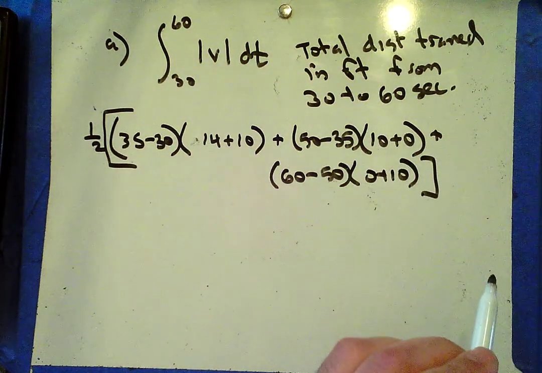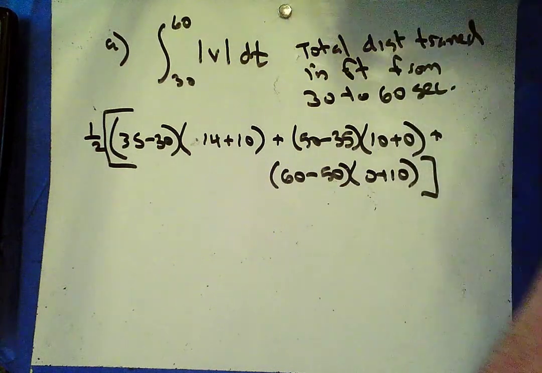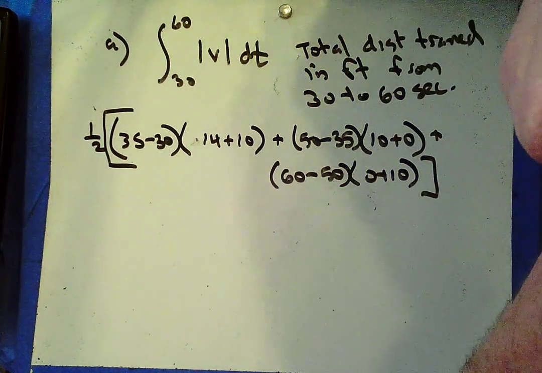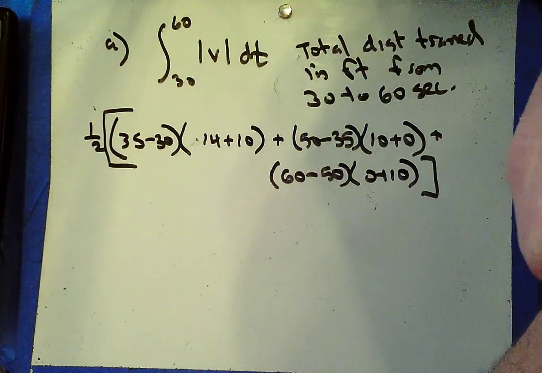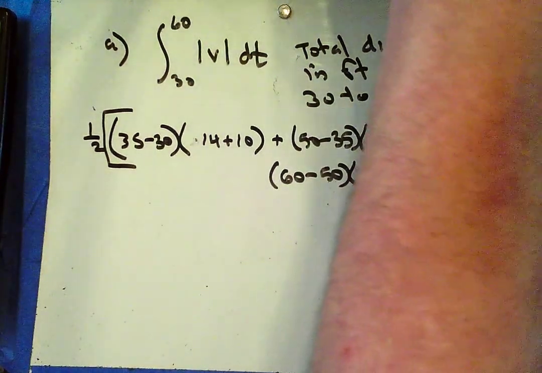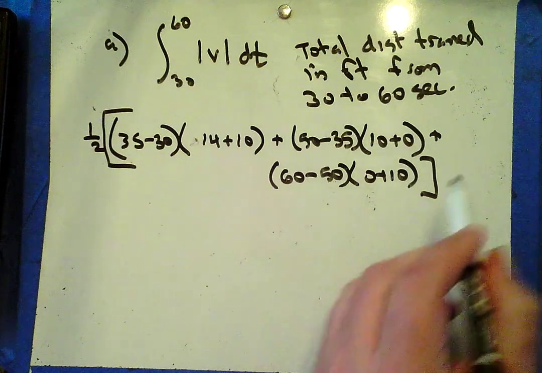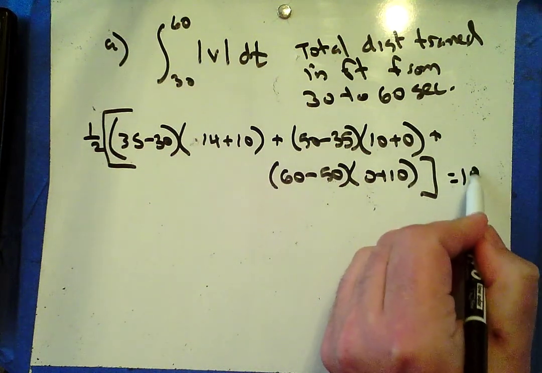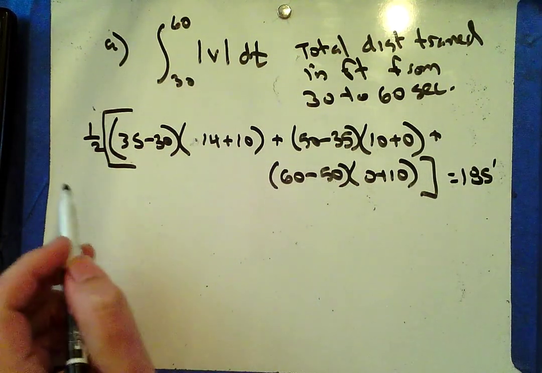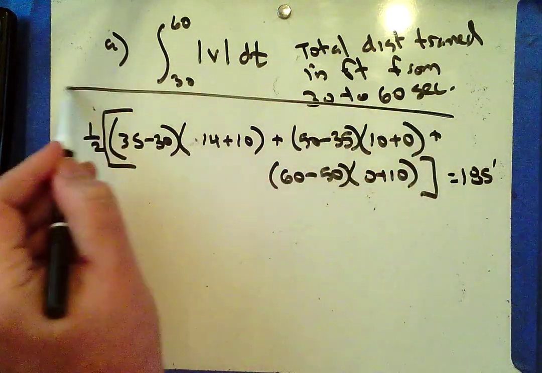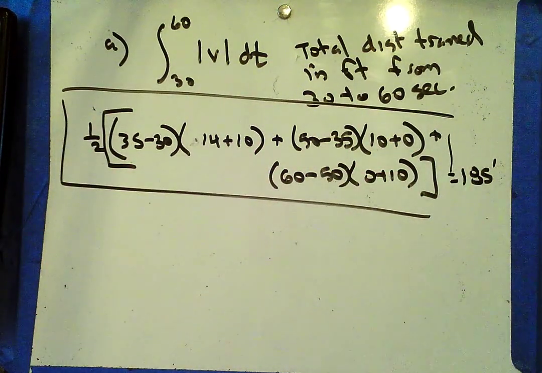Close bracket. Okay. So if you're wondering what the value of that is because you actually computed it, I got 185 feet. But I think you should just leave it here on the AP exam and not risk losing a